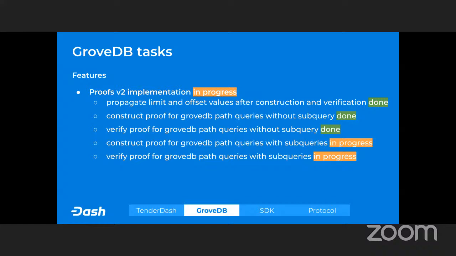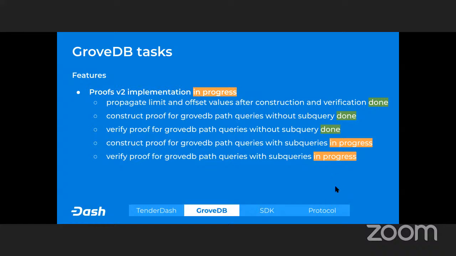Then we also worked on generating proofs for path queries for GroveDB. So a path query is basically a query definition that goes through the GroveDB, basically instructions for how GroveDB should select a subtree or select a series of subtrees. And so we needed to generate proofs for this, which not only proves the subtree, but proves that the subtree and the collection of subtrees up to the roots generates the exact same root hash. So we implemented construction of proofs for this and also verification of proofs for this.